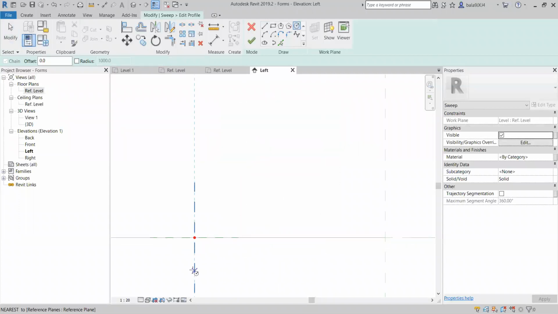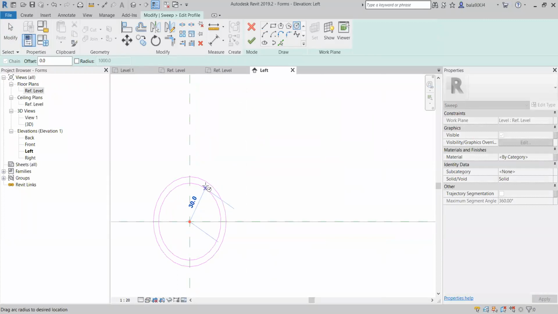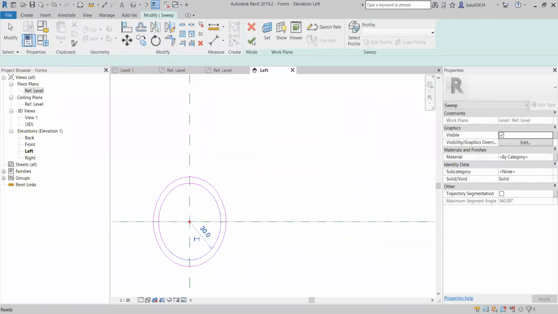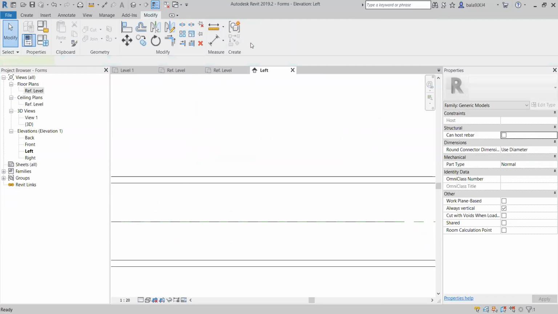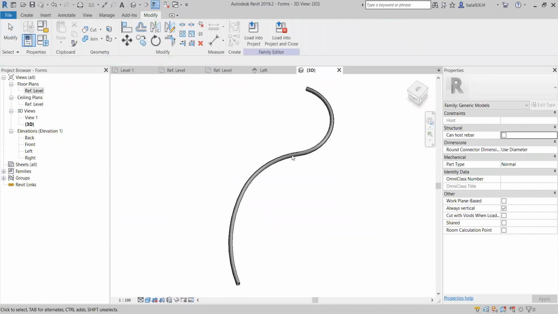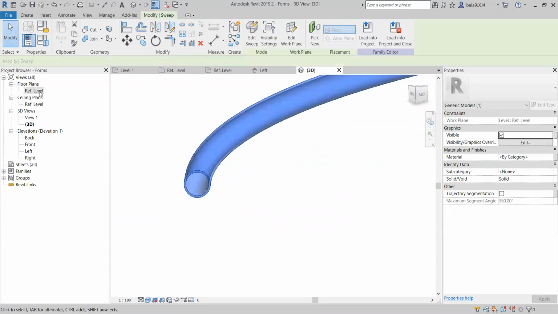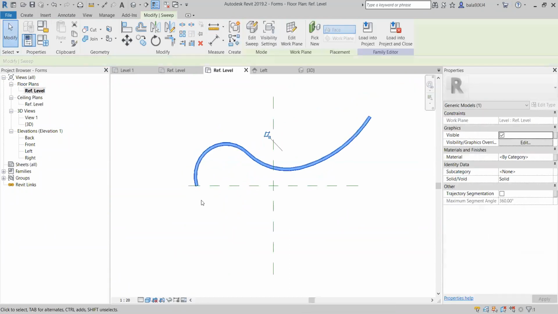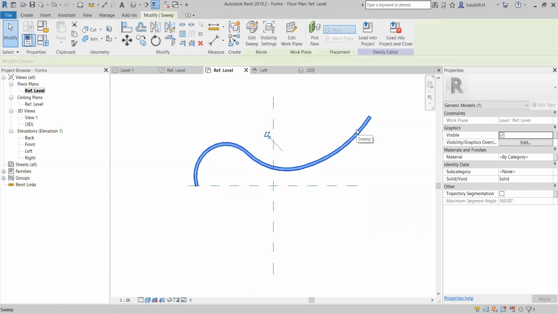Here I will draw one circle and one more circle within the circle. Means what I get? I will get a pipe kind of structure. Geometry within the geometry, it will structure, right? Now you can see the pipe kind of geometry. So this circular profile will follow this path. How you want to draw it? Okay, this is about the sweep.